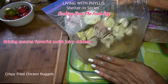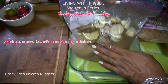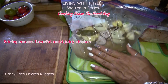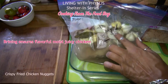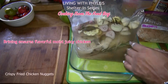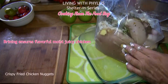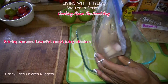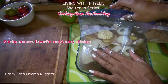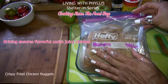Now, I've shown you brines before, but I call this a quick brine. You can just put it in a Ziploc bag, and basically what's in this is water and salt. That means that I will not add additional salt. I did shallots instead of onions, and garlic, bay leaf, rosemary, and ground pepper. Oh, and ginger. See a little bit of that ginger. Now this has been brining for a good 24 hours, maybe even 2 days now. I think it's been 2 days. So we're going to cut that, make chicken nuggets out of that, and out of this,